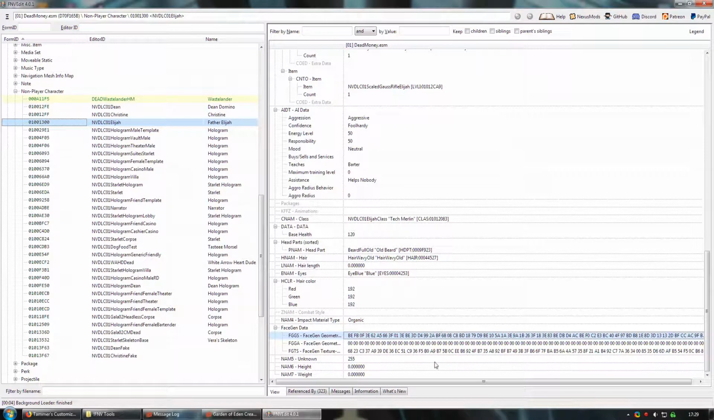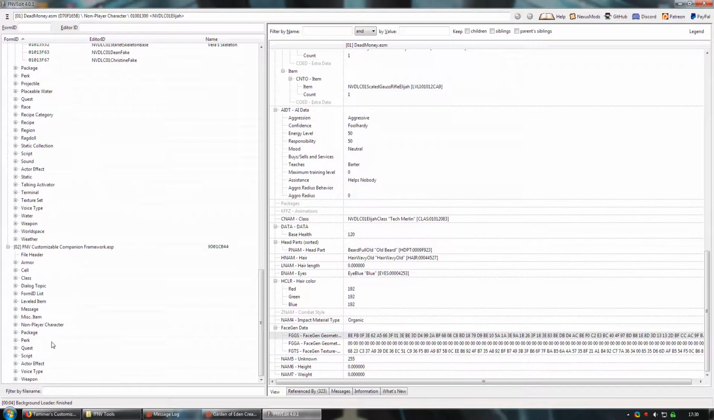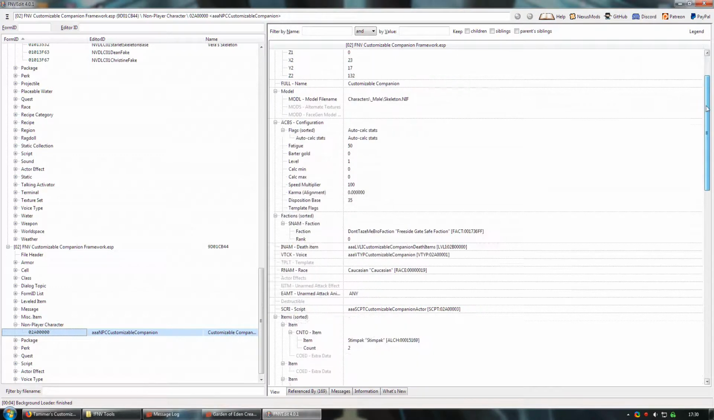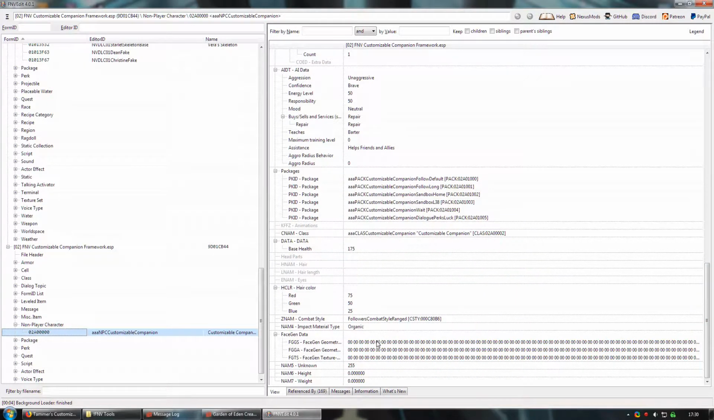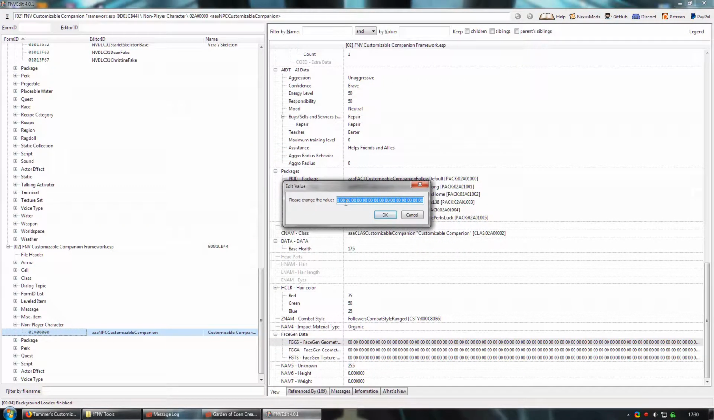You're going to want to do this to all three. You can paste this in Notepad if you don't want to have to keep scrolling back and forth, but I'm not going to bother. I'm just going to show you how to do this real quick. So you go to your NPC and then right click and edit. It's going to throw up this new warning, and just click yes, I'm sure. And you can just paste